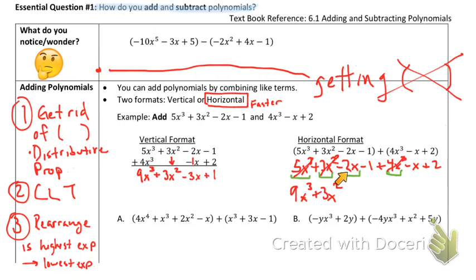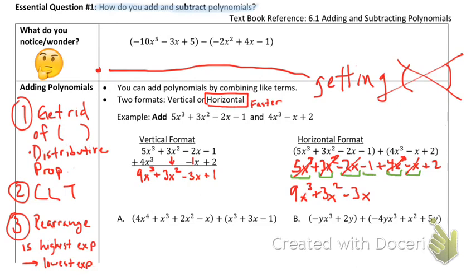Okay, so now we look here. We have an x and another x. So I have negative 2x and a negative 1. Remember, there's an imaginary 1 here. So negative 2 and negative 1, when you put those guys together, that's going to give me negative 3. And bring down the x, cross them out because we're done, and we just continue on until we've taken care